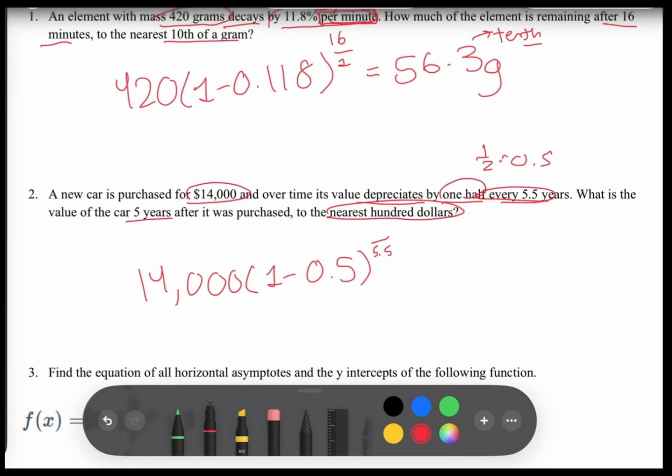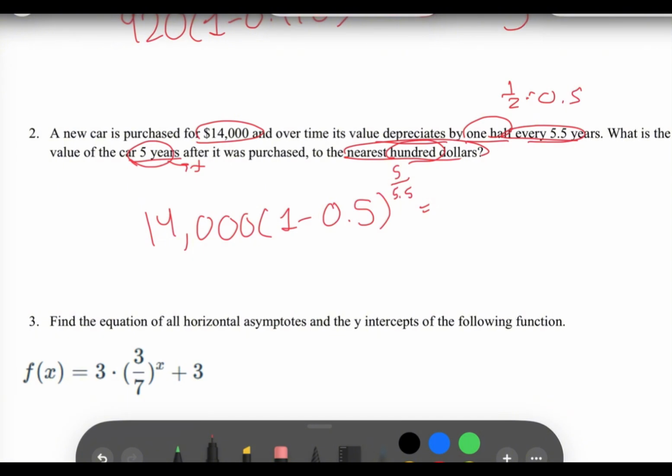And then it's asking what is the value of the car 5 years after. So that's our t. So that's 5. So now when we put it in the calculator, we're going to get $7,455, right? But it's asking to the nearest $100. So we're going to have to round from here, our hundredths place. So in our tens place we have 5, and if you remember, 5 or more raises the score. So this is actually going to end up being